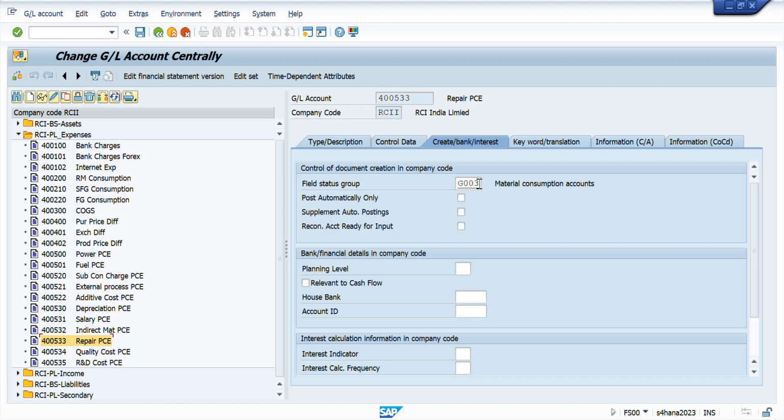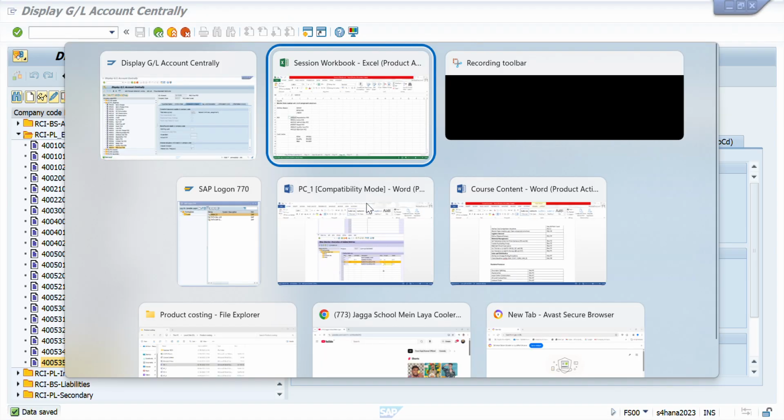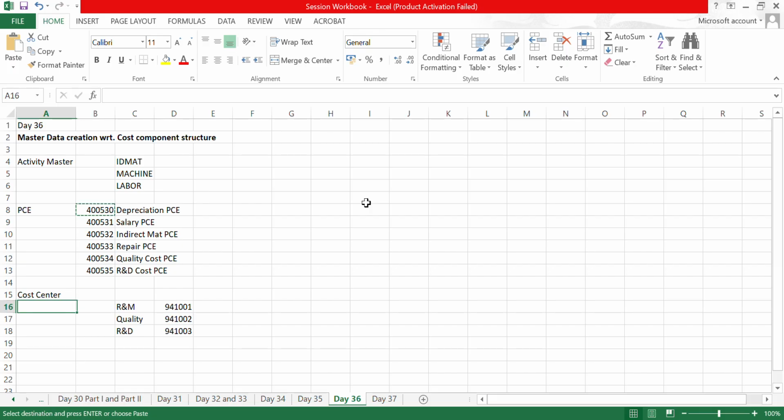So changing the field status group for all those GL accounts which I have newly created, as I showed on the Excel sheet. This is created. Okay. Now, apart from this, as discussed, we will also need three different cost centers to capture each of those kind of expenses